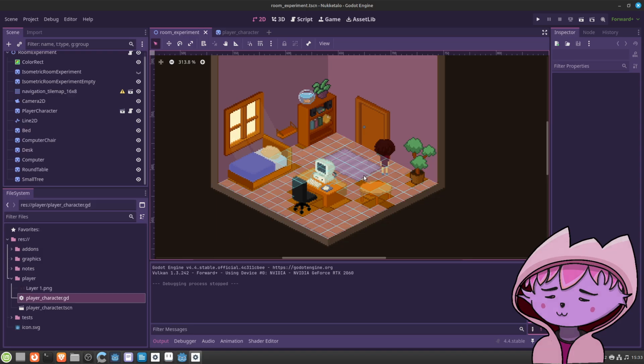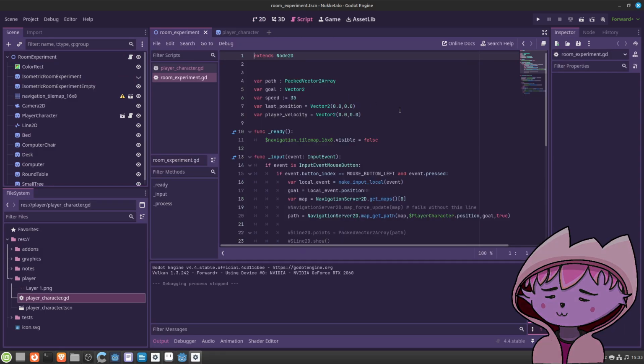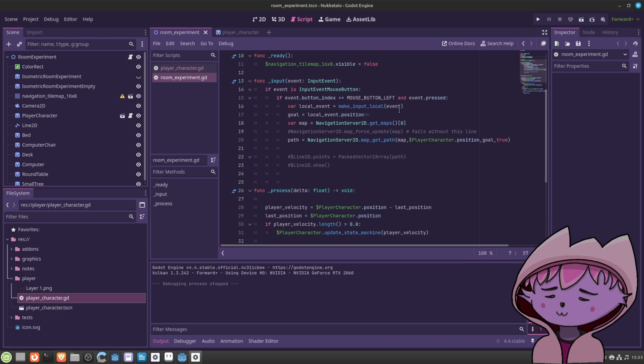In Godot 4, you can make a navigation tile map with navigation tiles, and you have a navigation server. And you can get the path.